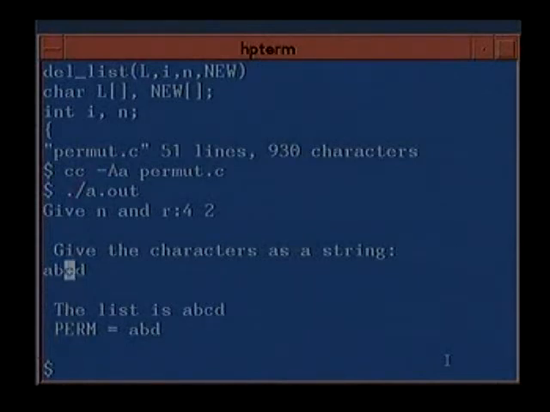So this is A, B, C, D. We read in A, B, C, D, which is in positions 0, 1, 2, and 3, and we remove the second, for I equal to 2, and we get back A, B, D. So this is how we can manipulate character arrays and use the string functions.